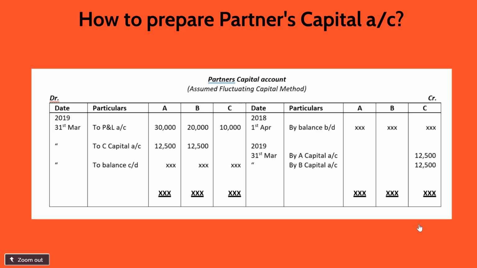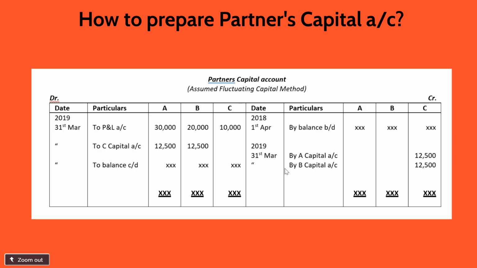So on the debit of the partners' capital accounts, we will write to profit and loss account, A's share of loss being 30,000, B's share of loss 20,000, and C's share of loss rupees 10,000. So the losses have been transferred to the partners' capital accounts, and for the deficiency to be borne by A and B,